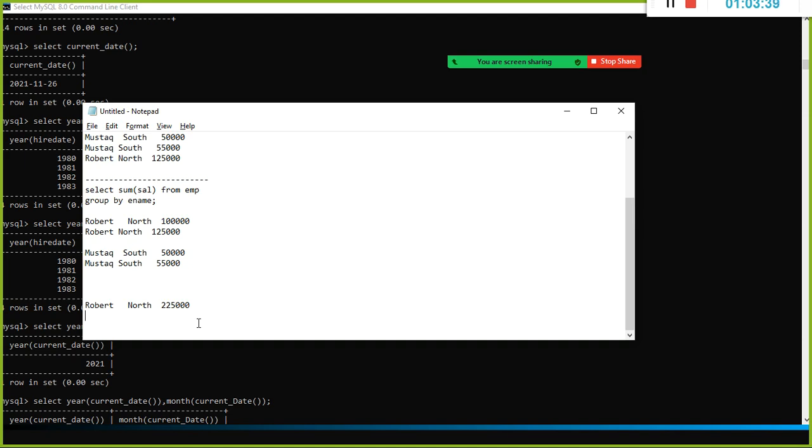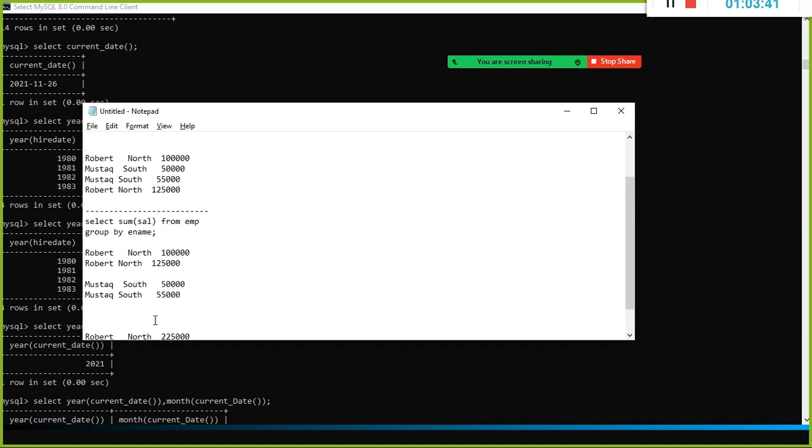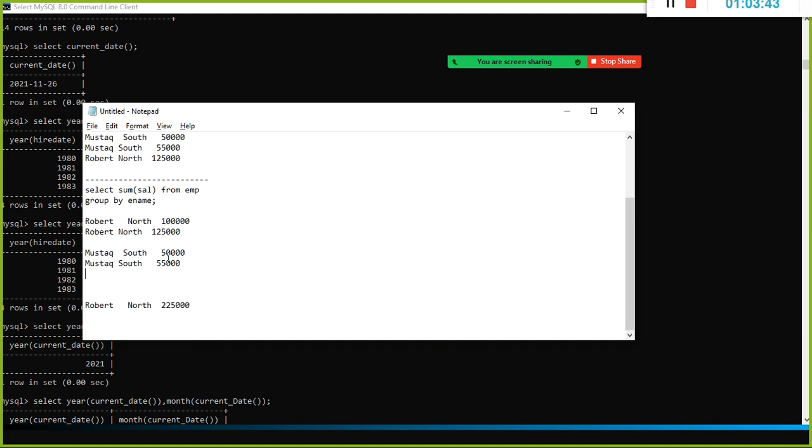So in this case, split, apply. Now it applies the same thing here. 55,000 plus 50,000 is 1,05,000. Mushtaq achieved 1,05,000. So instead of having two records, 1 lakh, sorry, how much? 50,000, 1,05,000, right?